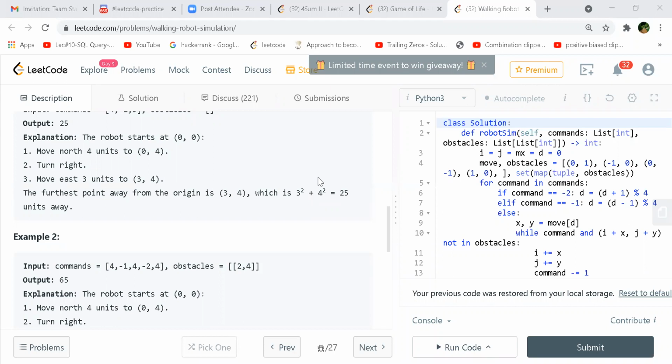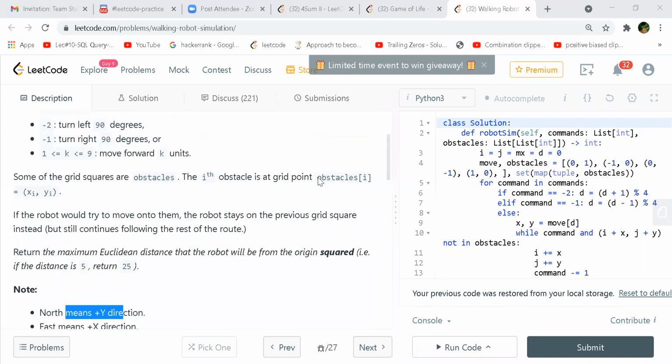Now either you traverse the whole obstacle array, or you can put that in some data structure which can be accessed in a more efficient manner. And if any obstacles are there, then what does it say? Do we revert our direction, or do we just not go in that direction?